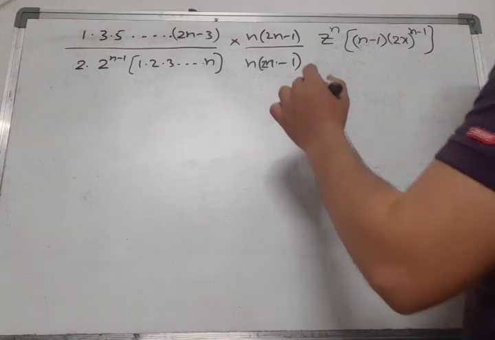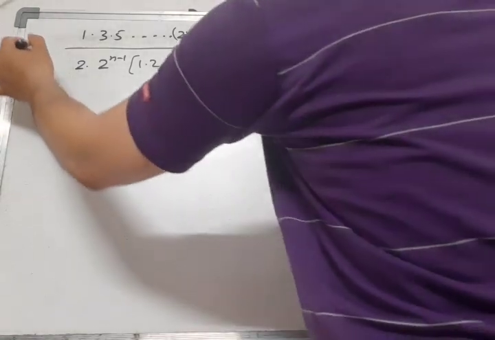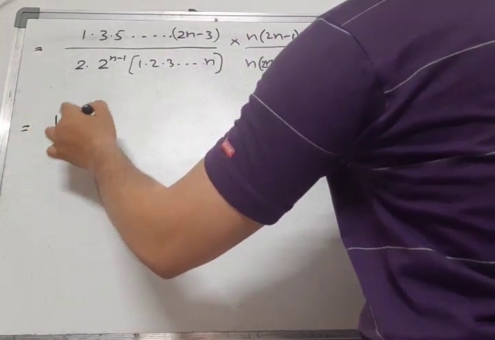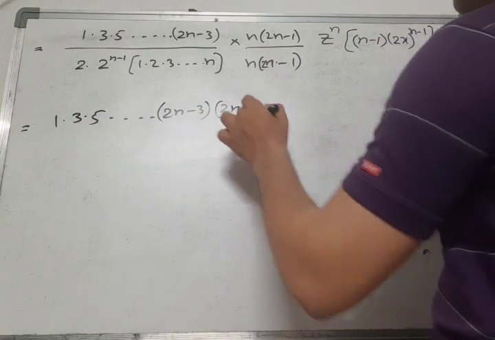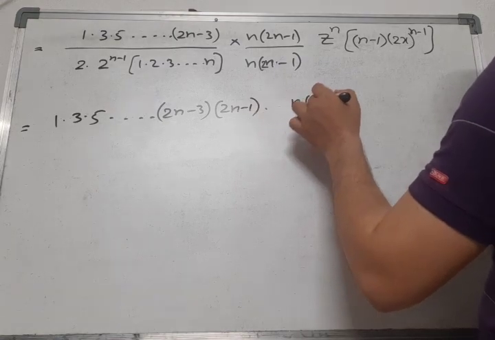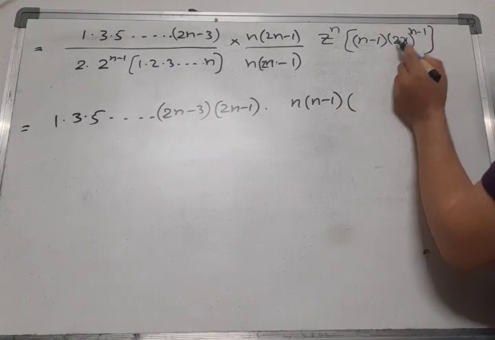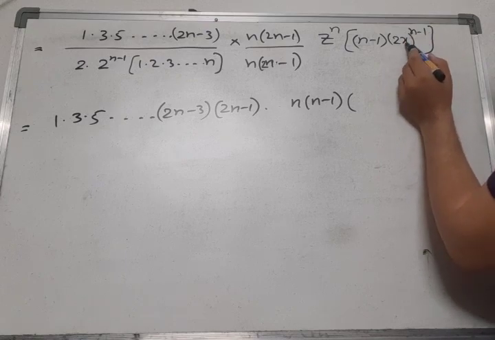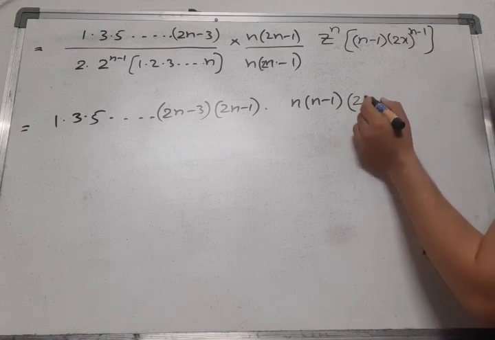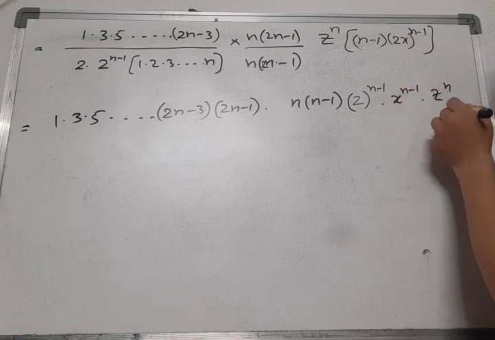Now what I am going to do is, just take this 2n minus 1 to this side. What I am going to get is 1 into 3 into 5 and 2n minus 3 into 2n minus 1 into n into n minus 1, into, you just split this power upon this 2 and x. We can write 2x whole power n minus 1 is there, no? We can write 2 to the power of n minus 1 and x to the power of n minus 1. So I am writing like this, 2 to the power of n minus 1 into x to the power of n minus 1 into z to the power of n upon